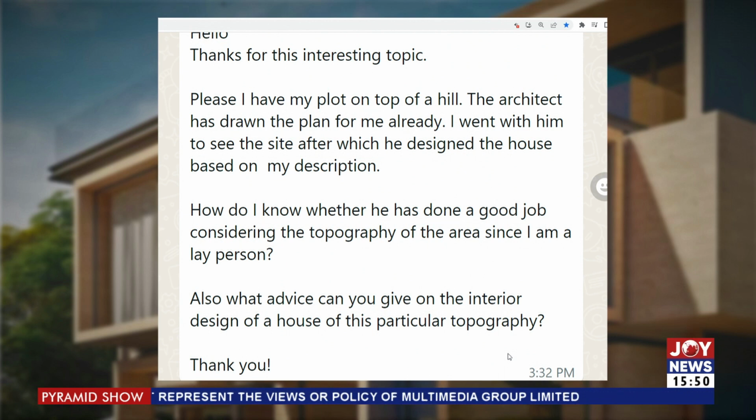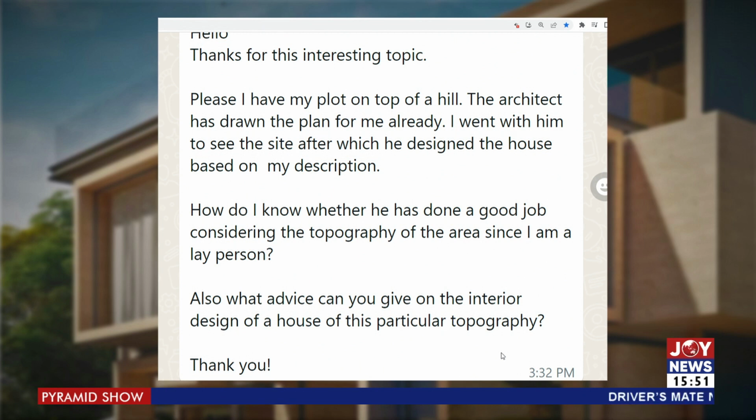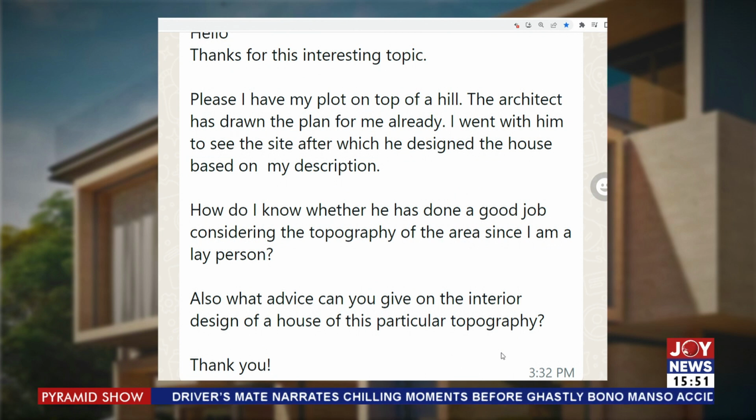Okay. Thank you. Ben, he says that the design is already done, but as a layperson, he wants to understand how he can accept that as a good job done. Well, it's a difficult thing to do, because the stage where they've reached, it looks as if they've already got planning permission. Somebody's put a stamp on it saying that this building is approved. If it is, then I assume she'll have to put trust in the town and country planning controllers. Okay. That the building is okay. It meets minimum standards. Sure.